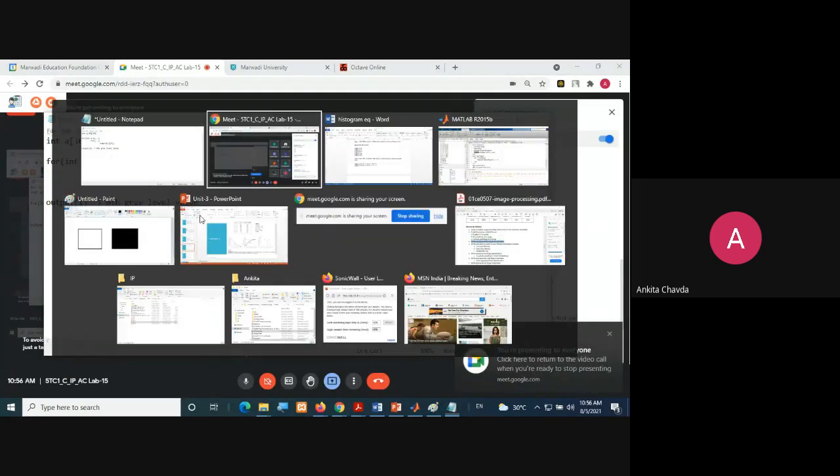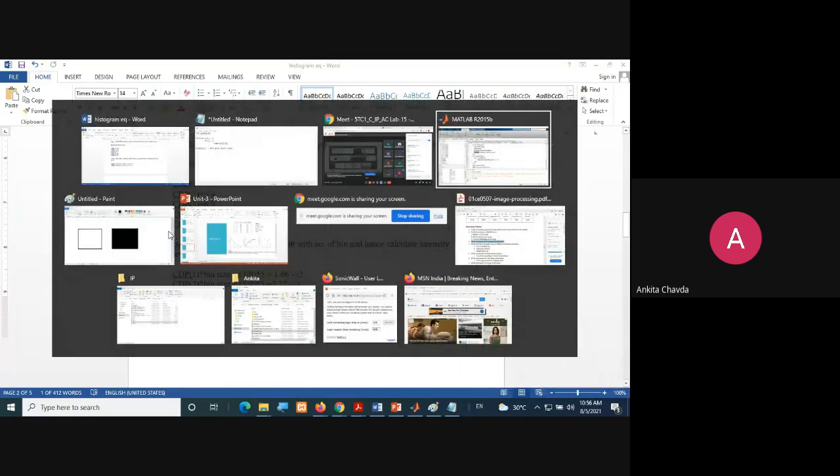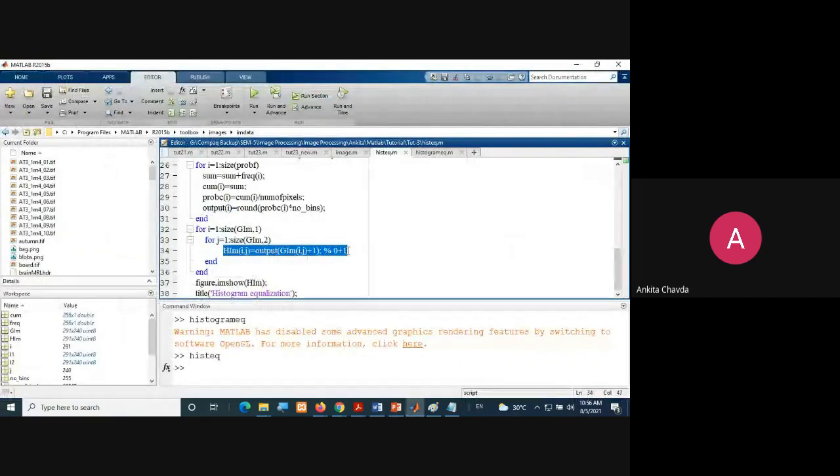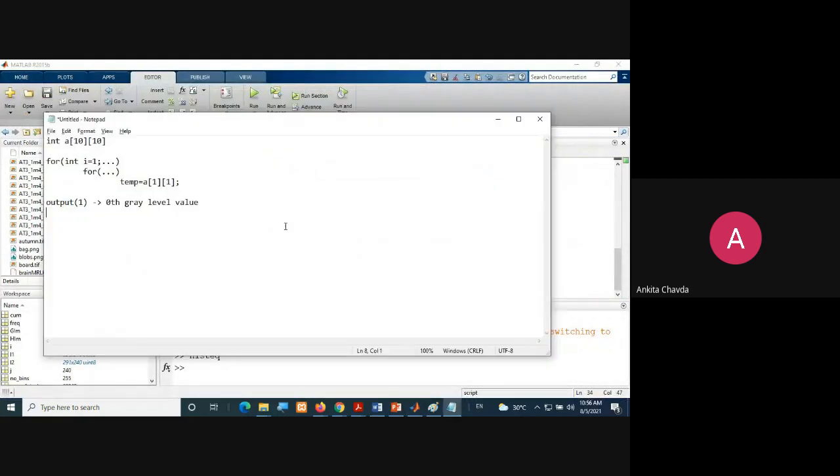Now what I am writing here is in this code. See, output of GIM of ij. So GIM of ij means I want to change all intensities. So somewhere in this GIM of ij, I am getting 0, because that is your 0th gray level. There would be maybe a black color pixel, right? So that 0 I have stored over where output of 1, right? So how will I get output of 1 here?